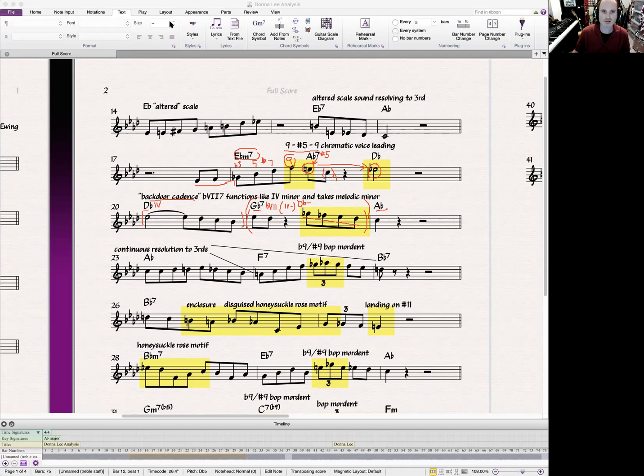Alright, so moving on. I just have written here that we continue to have resolution to the third of the various chords, right? Third of F7, third of B flat. Here we have another example of our flat 9, sharp 9 bop mordent. Alright, so now the next line, B flat 7, here's an enclosure,